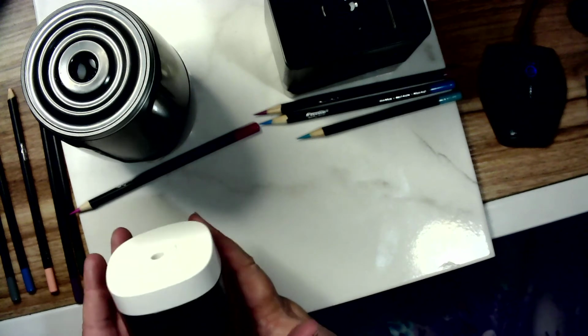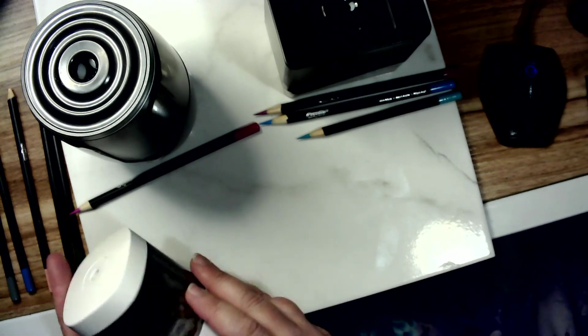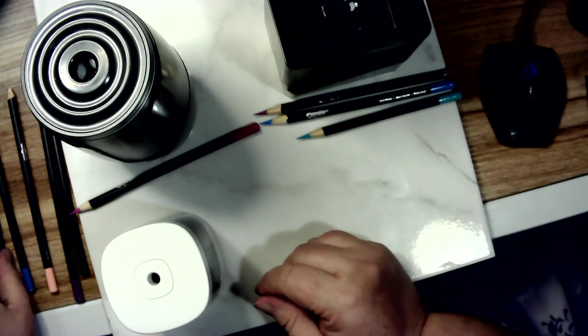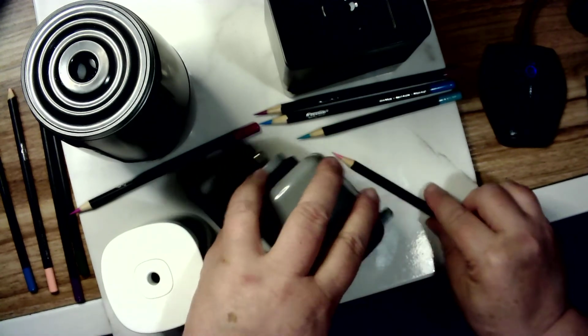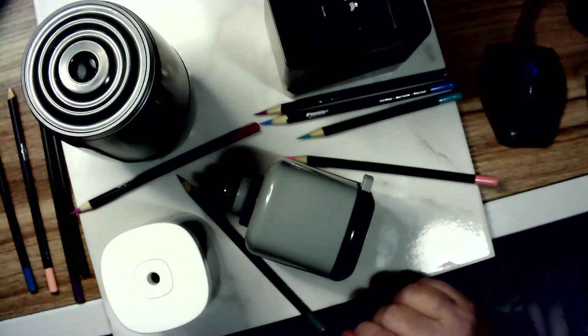The Deli pencil sharpener, the battery operated one, not a fave here, not a fan. But the Dahle 133, always a good standby pencil sharpener. So overall,